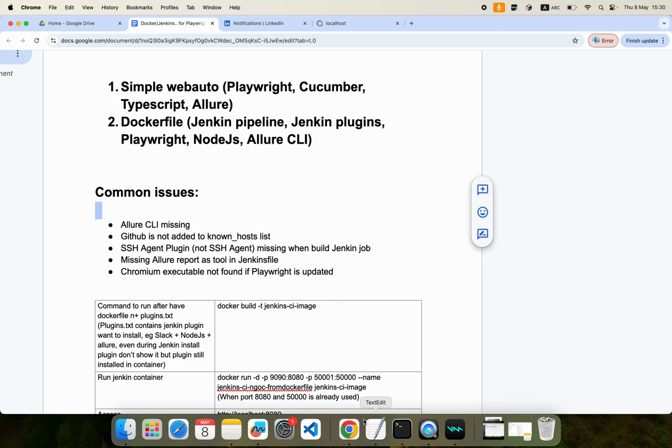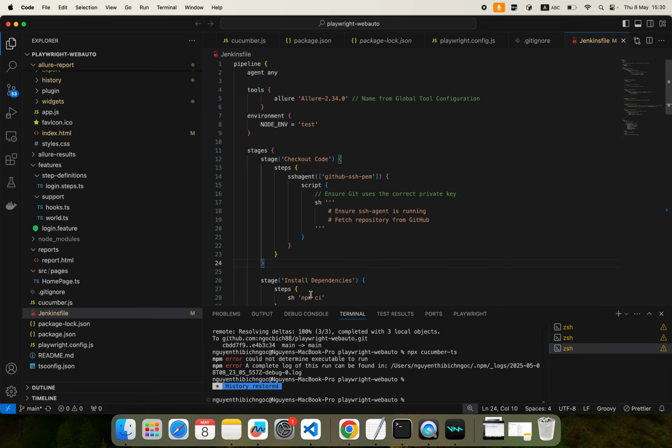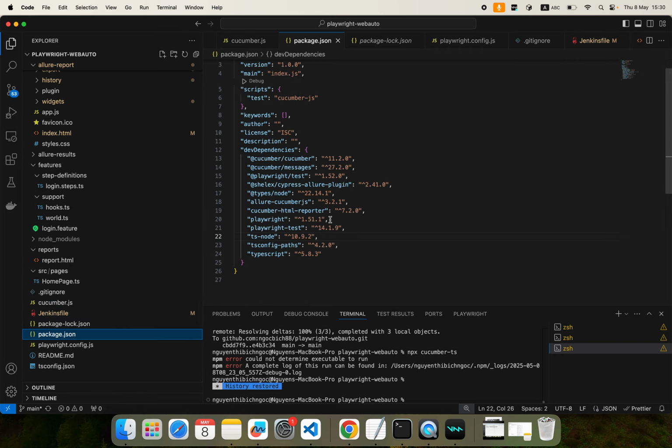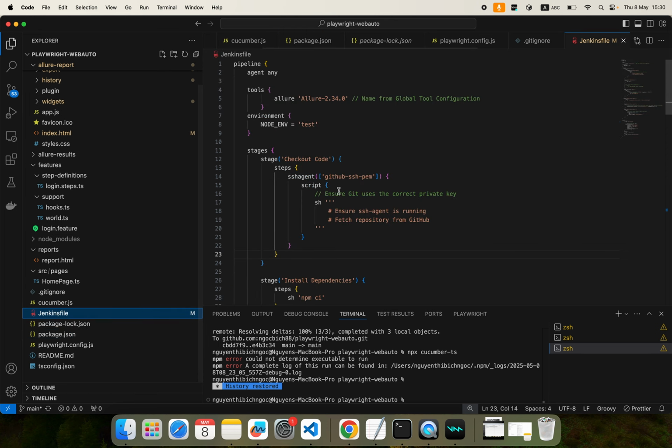Let me show you my project at my local. It's just a simple web automation using Cucumber, with two tasks only, and you might notice the package file here. They have the dependencies installed from my side. I look here: Cucumber, Playwright, and TypeScript. One other important thing is that you need to define the Jenkinsfile